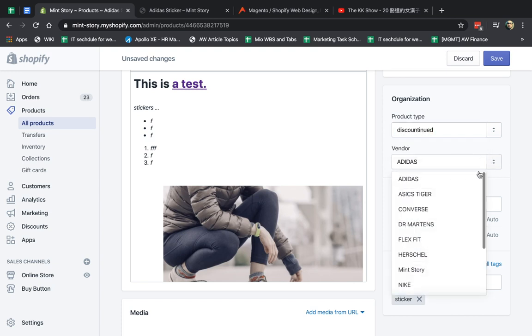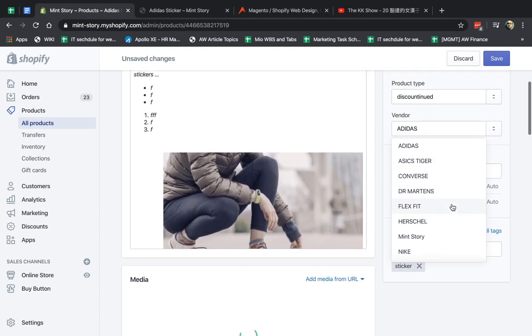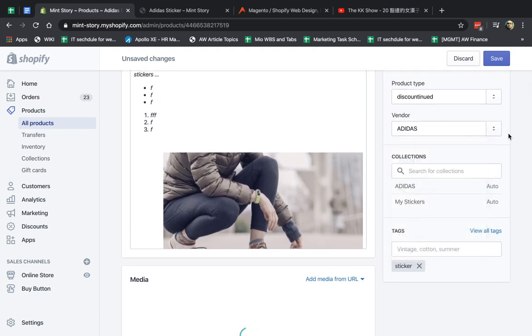And then the vendor usually is brands, but you can organize it in different ways. So usually in this case, for example, I use brands for vendor, right? And then this logically organizes things. So based on these, you can create automated collections, for example, which we've covered in the video, which I'll put in the playlist. And then other apps can use those to do cool automated things, right? Marketing, for example.